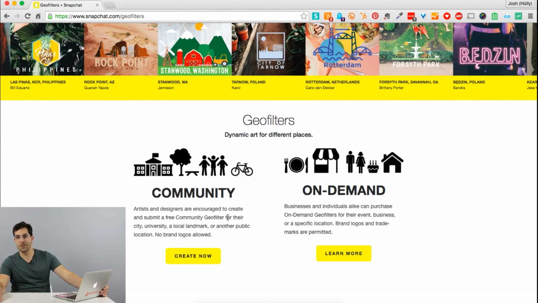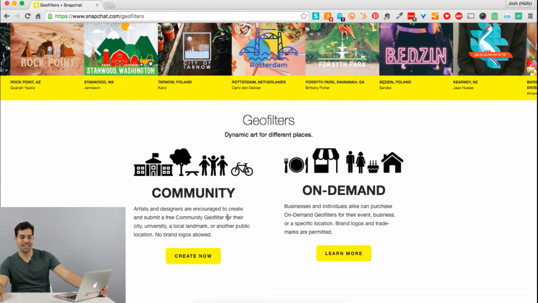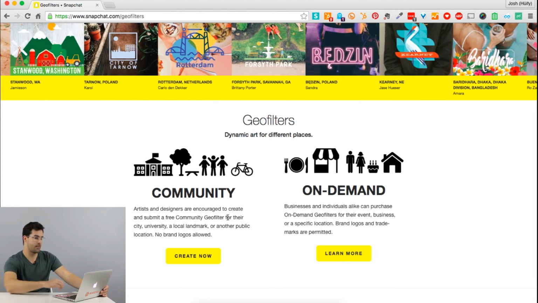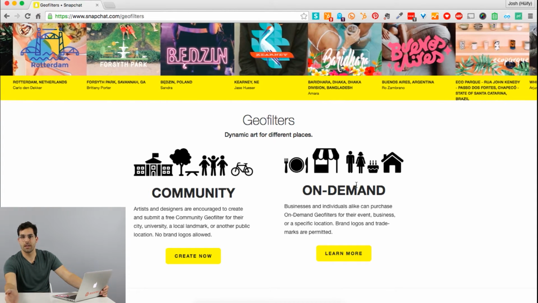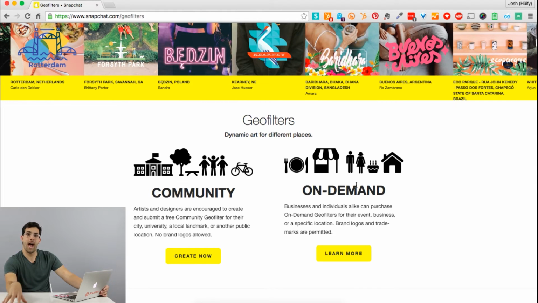So those designers don't get paid, nor do they get the credit for it. And then also they don't have to pay to put those up there, but they can't do any kind of advertising with them. The other side, which is the ones that we're going to talk about today, are the on-demand, which means people will pay to have their designs uploaded and available as filters. So we're going to click Learn More,